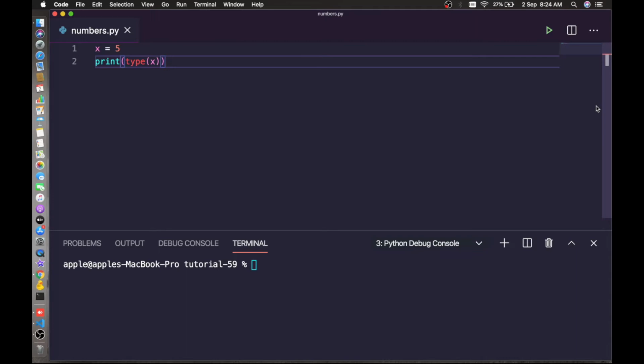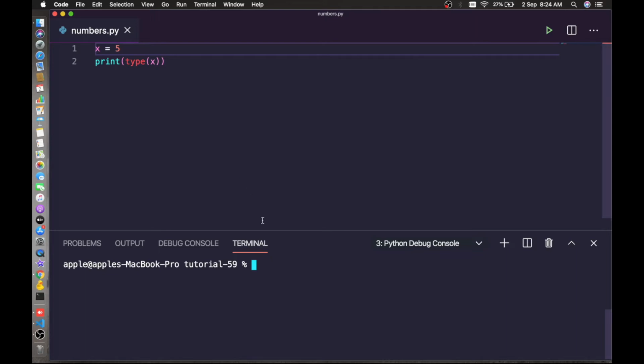Integers and floating points are separated by the presence or absence of a decimal point. If you take an example here, x equals 5 is an integer number, and if I add .0 here, it will be a floating point number. So let's run this example. We can use the type function here to know which class a variable belongs to.